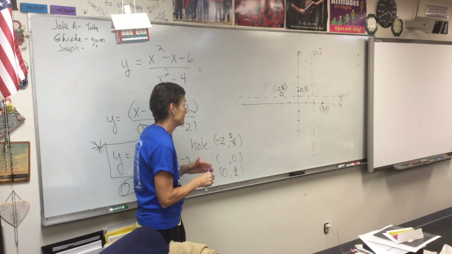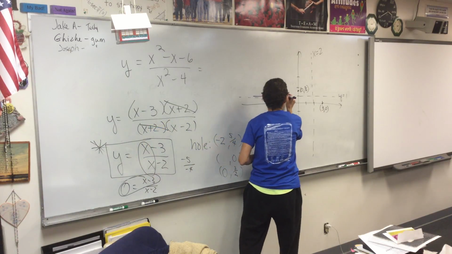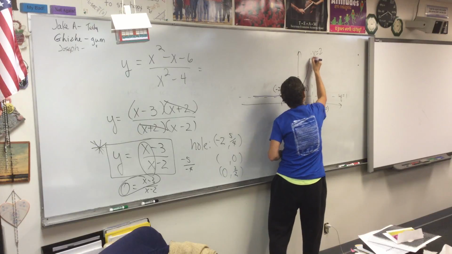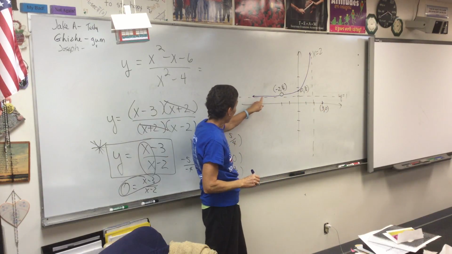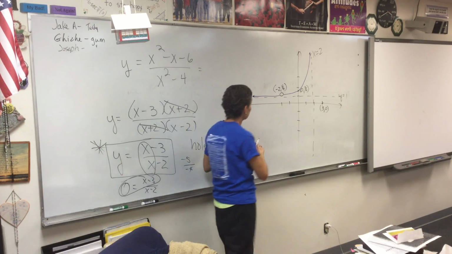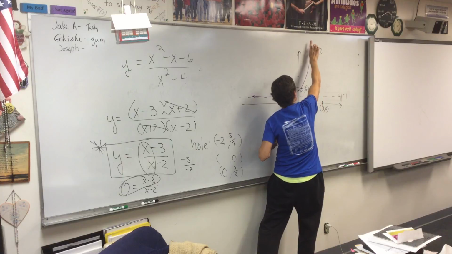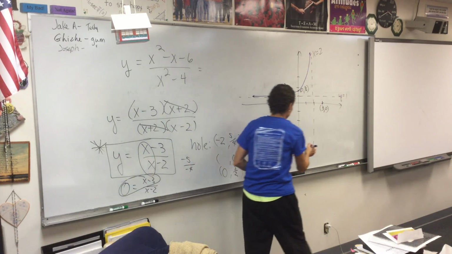Well, we've done enough of these, you know, up here. We're going to connect these points. We're going to have a nice little shape like this. And remember, when you draw it, you want your curve to be getting closer to the asymptote. As it goes up and out, we're going to get closer to the asymptote. And this one